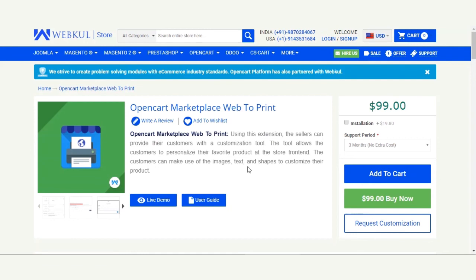and in the next video we'll be showing you the seller's workflow and how the sellers will be able to create the templates from their account panel, and how they can add a template to the product and the workflow at the